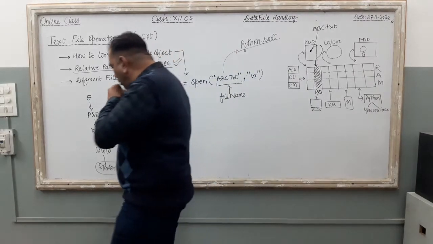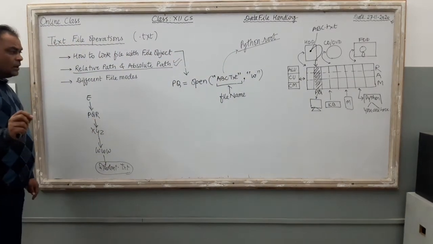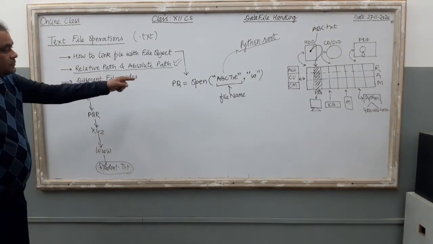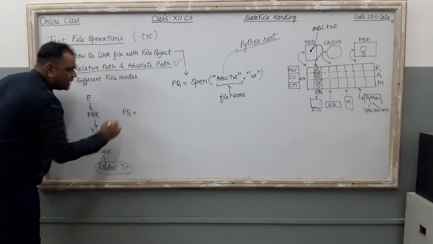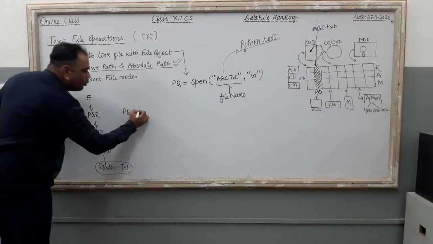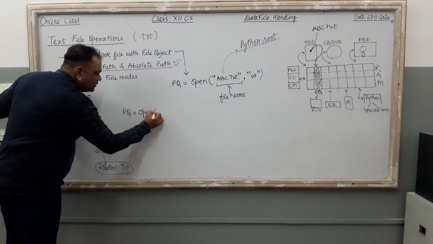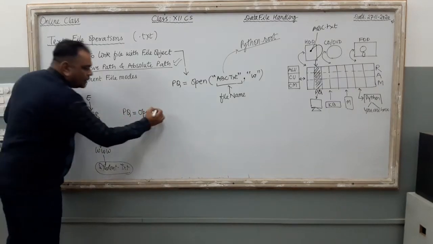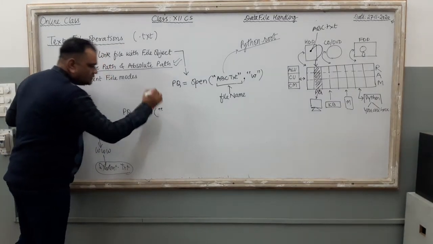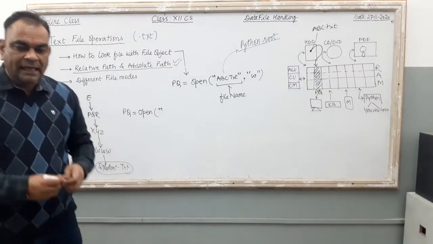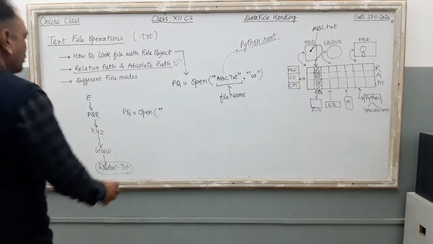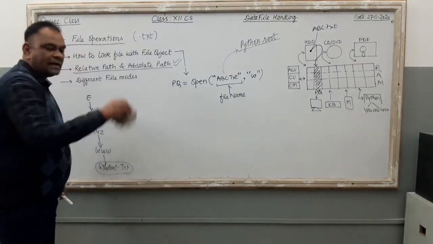Now, what is the exact file open command? Just see, pq, it is the file variable, file object equal to open. Clear? With this open, just put double inverted, or the first thing मैं पहले ये बताता हूँ what is the file location, फिर उसको अपन बात करते हैं open में कैसे डालेंगे, right?